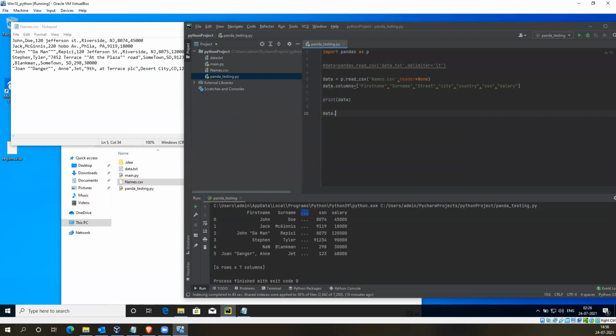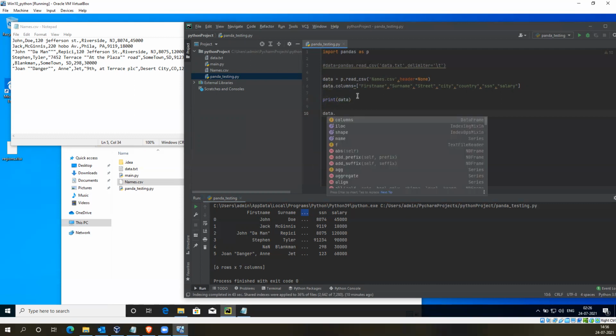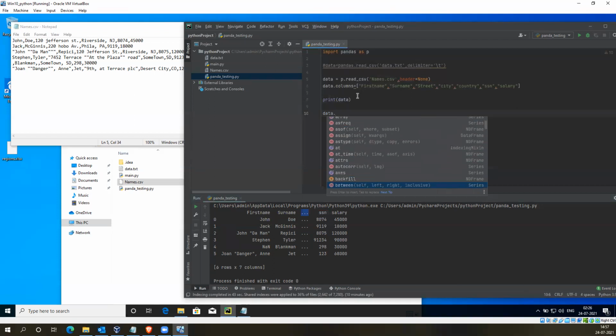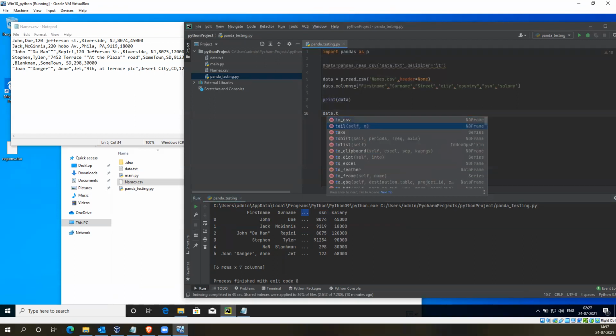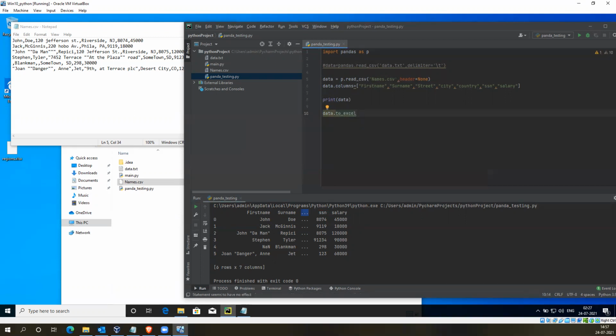The CSV object, then to Excel, with some name, let me say unlocked. Run this.